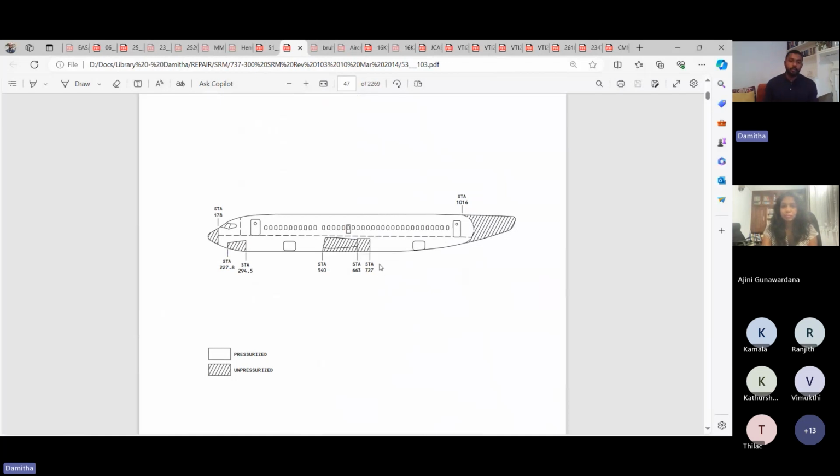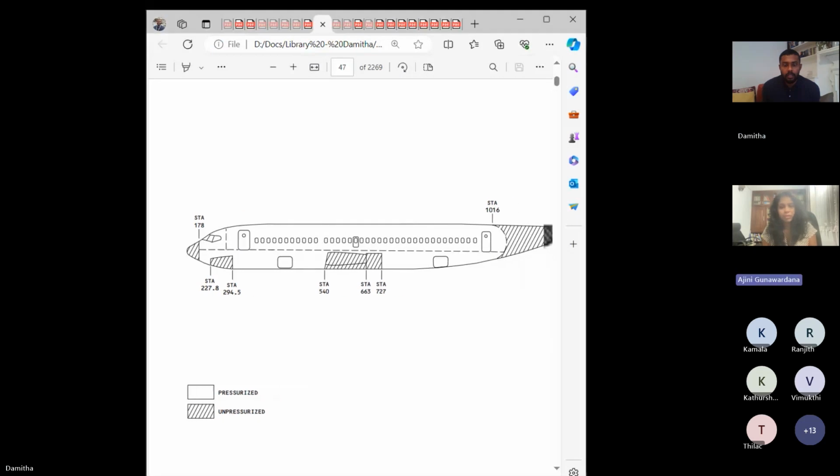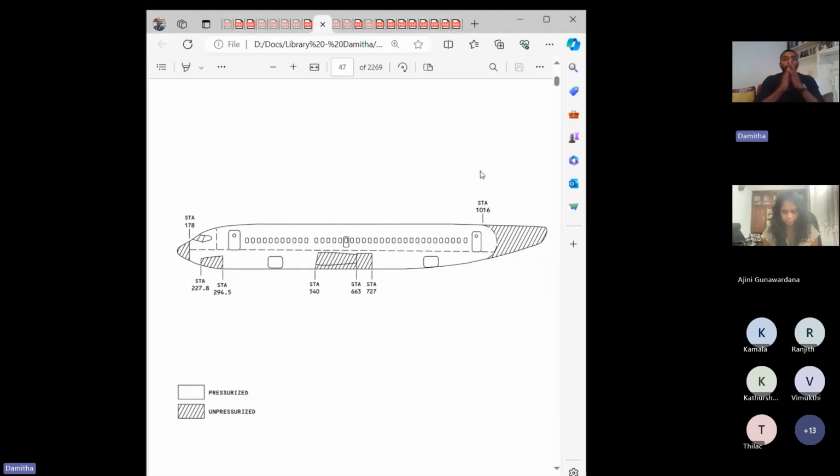So when you fly, go to this. Can you see my screen full still? Yeah. Okay. So when an aircraft goes above a certain level of altitude, the pressure drops in the environment. The maximum we can manage as humans, or rather a comfortable level, is around 10,000 feet. When you go beyond 10,000 feet, the aircraft needs to be pressurized.